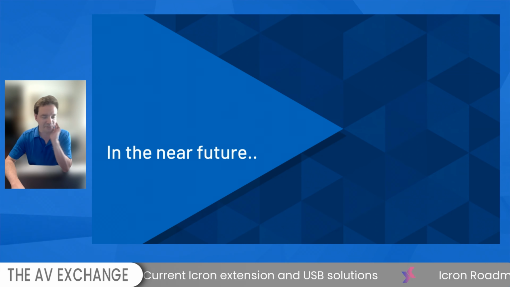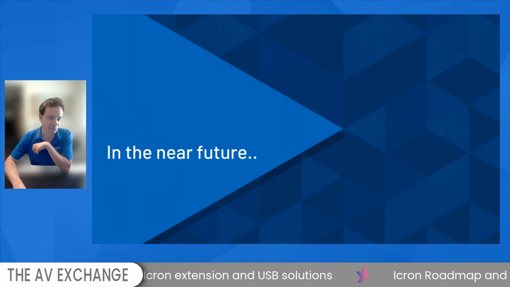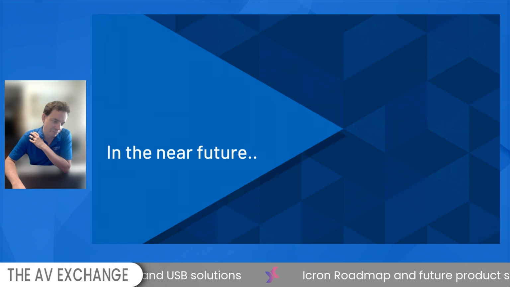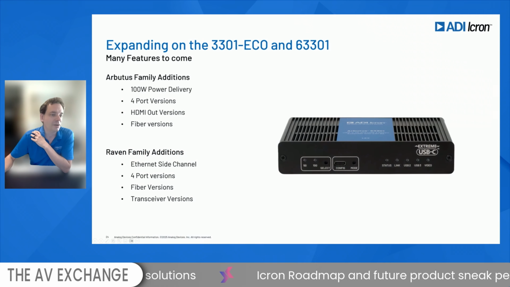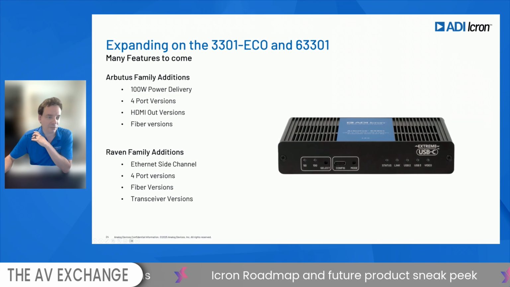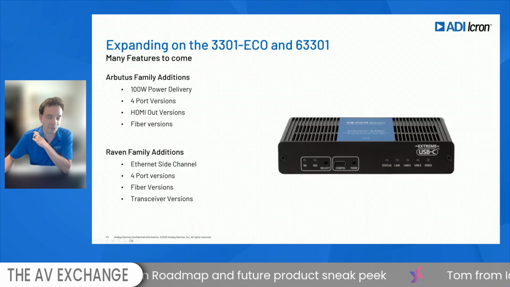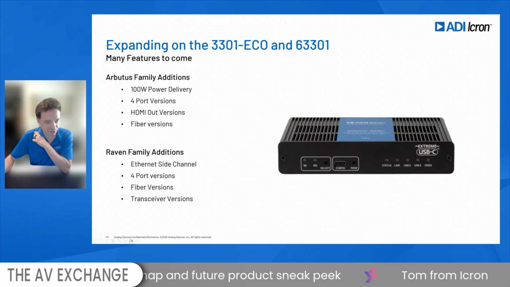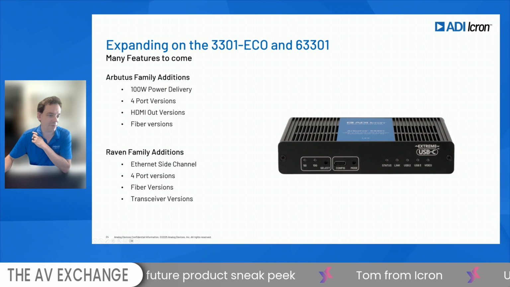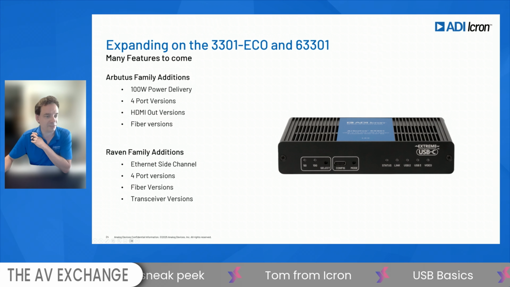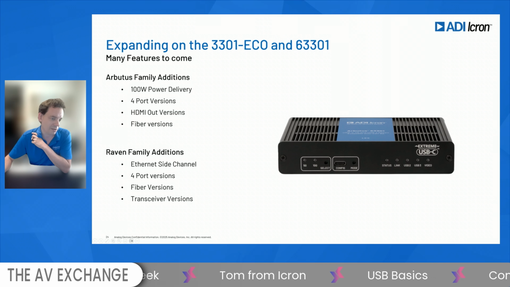So these are just first products with this new chipset, right? We're starting with the basics, and it's just one port in, one port out, Type C, video, no video, whatever, dedicated cable. Well, let's add some new functions, right? Let's make one with power delivery, 100 watts. Let's add something with 4 ports. So you've got a hub, you don't need a dock anymore. Let's add something with HDMI out, so you don't have to go into another dock and go HDMI, right? And that's again all 4K 65 gig.